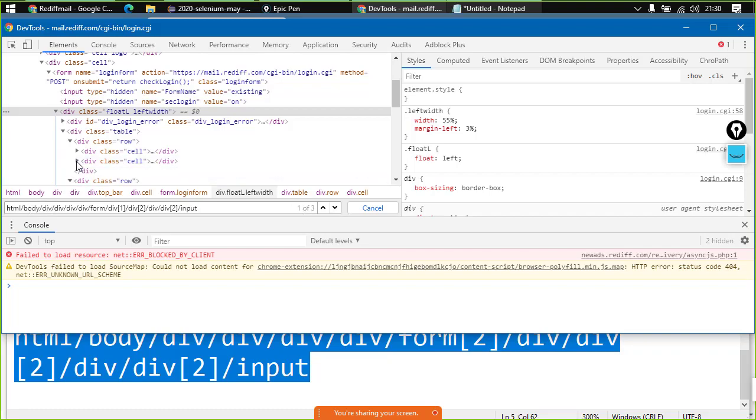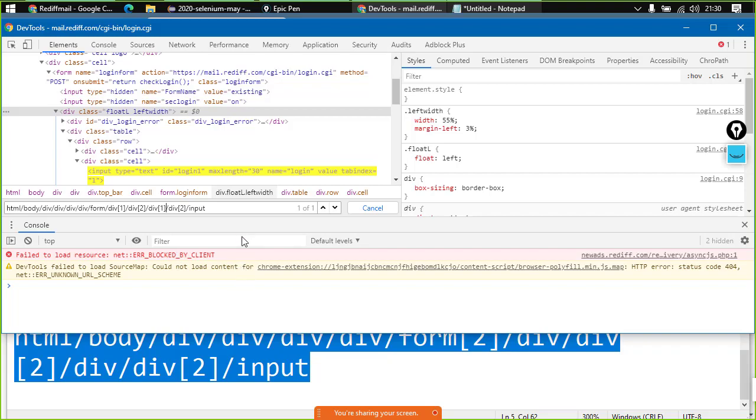See, this is the second one, that is okay, right? But there are multiple divs here, right? So where we have not specified anything, actually we need to specify one here. The moment I specify one, we got an XPath that retrieves only one element.